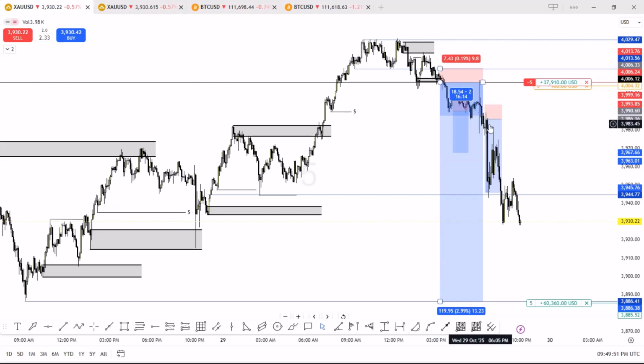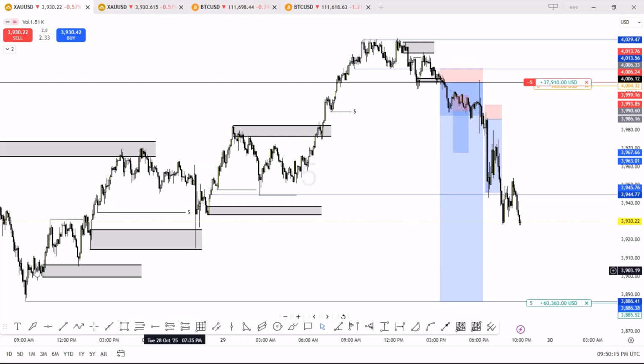So after this drop, another entry on a smaller time frame, I got into my trade again. First TP was around this zone, second TP right here. So first TP was about 11k, second TP was about 12k here. Price came and took both of those trades as well. Very, very simple trades. So yes, you have to understand what is going on in the market for you to be able to execute better trades.